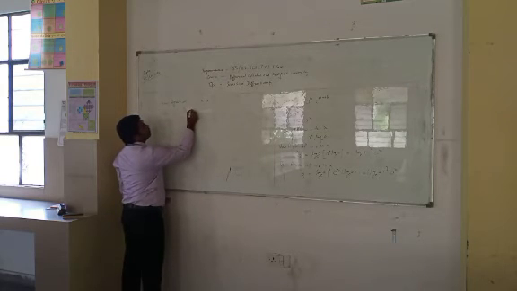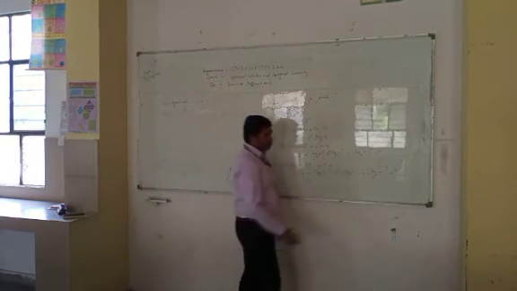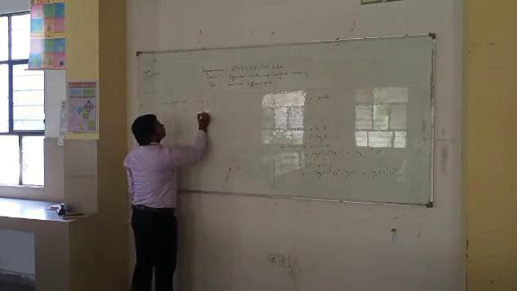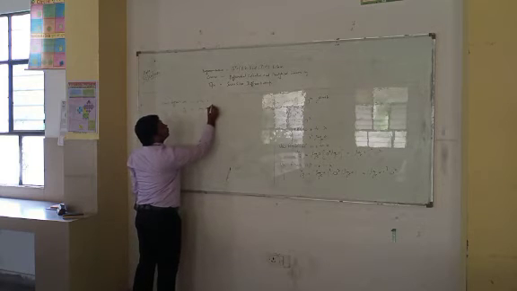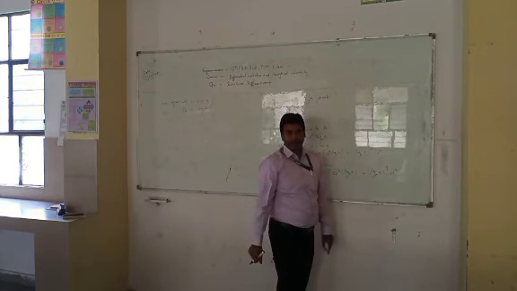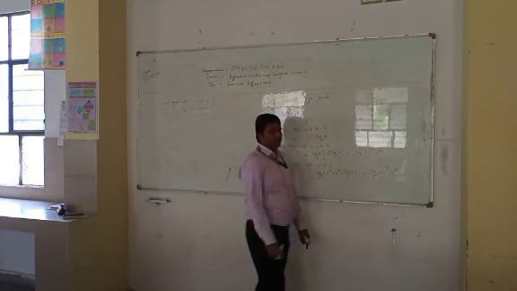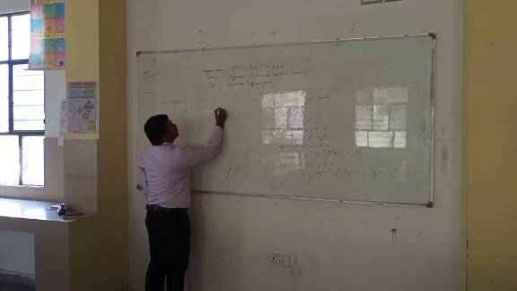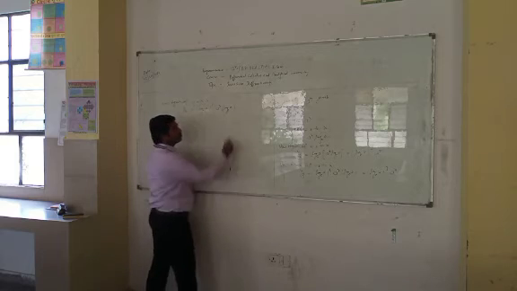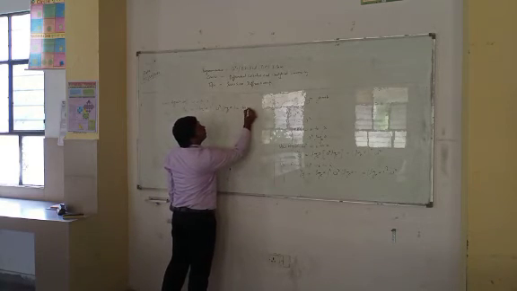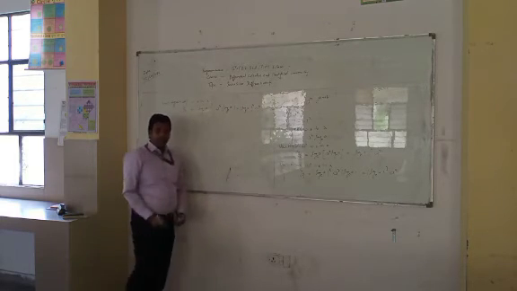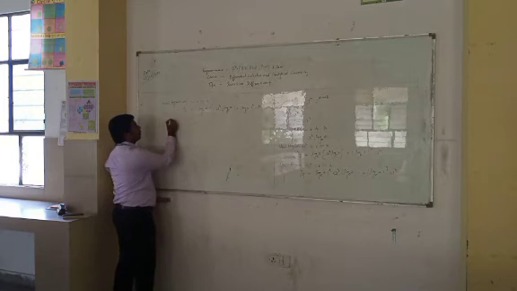So y4 is equal to, now log a to base e whole cube is constant, and the derivative of a to the power x is a to the power x into log a to base e. So this can be written as log a to base e to the whole power 4 into a to the power x. So we can